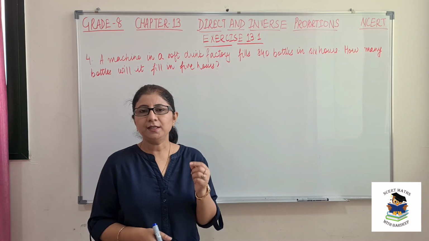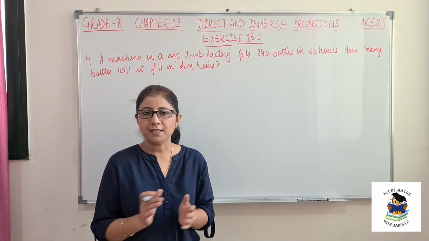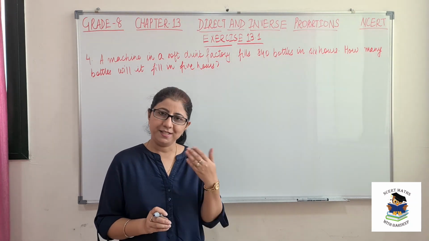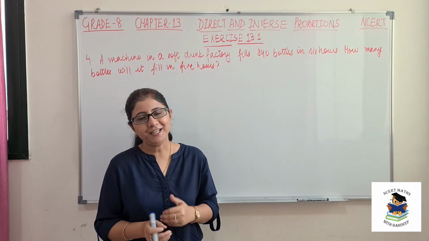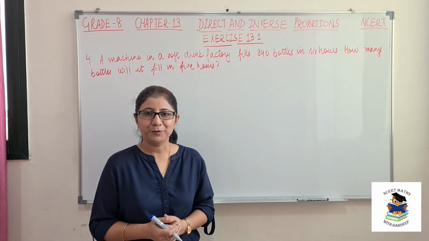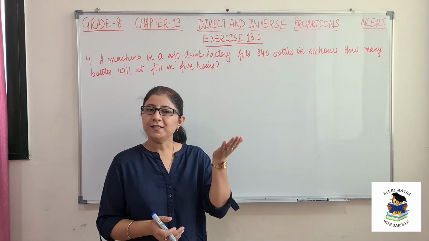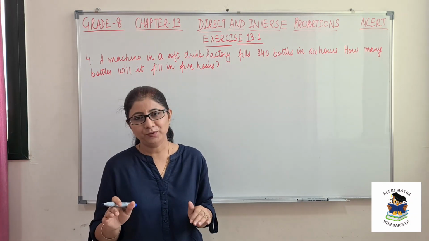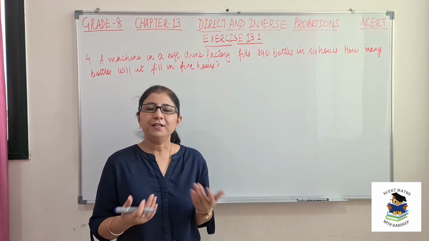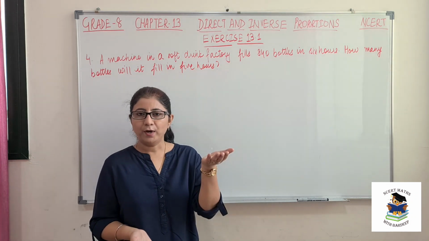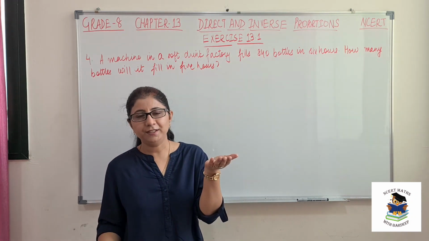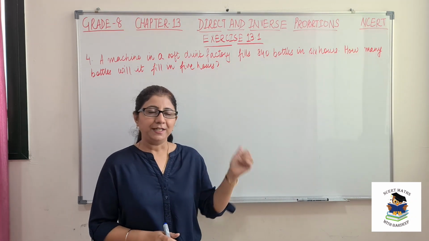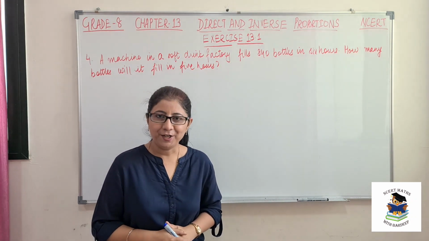So this is the main thing in these types of questions, that we have to analyze whether the given data is in direct proportion or indirect proportion, that is inverse proportion. Direct means if one is increasing, the other one is also increasing. If one is decreasing, the other one is also decreasing. If it is opposite, that is, for one value increase the other will decrease, or vice versa, then it is indirect proportion. But in this case, this is direct proportion.